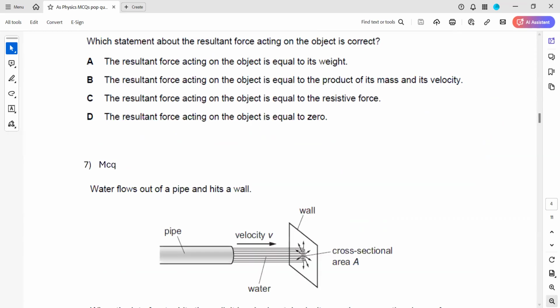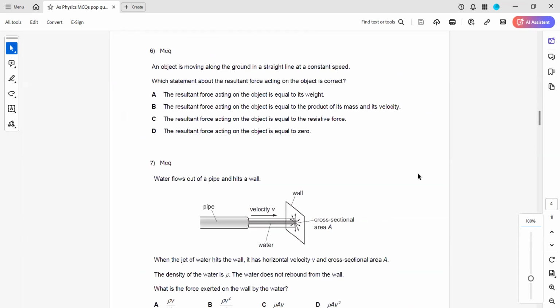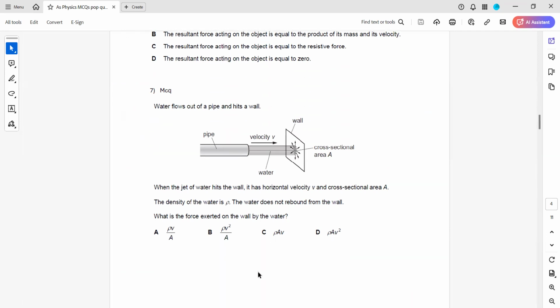Question 6 and question 7. Any doubt? Question 6 or question 7? Question 7. In question 7,